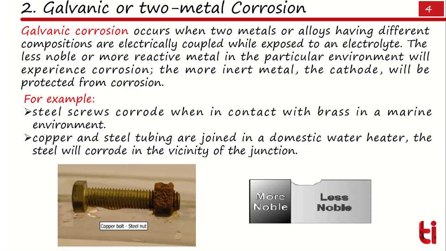While defining amongst the two metals which is going to act as an anode and which as a cathode, you have to look at the electrochemical series which we have seen in yesterday's class. So if you have forgotten, go back to that particular slide and refresh your understanding. In general, if I have a junction of two metals, the one which is less noble will be anode and hence will get corroded, while the one which is more noble will become a cathode and hence remains protected.